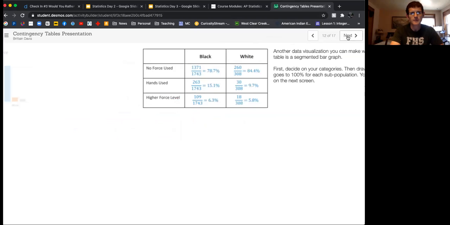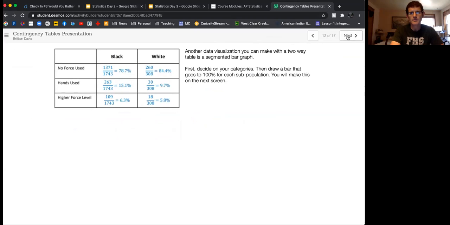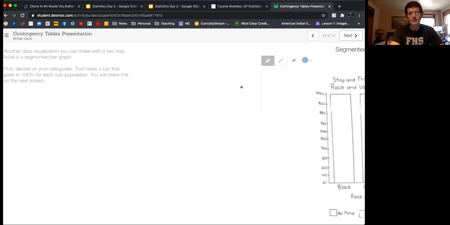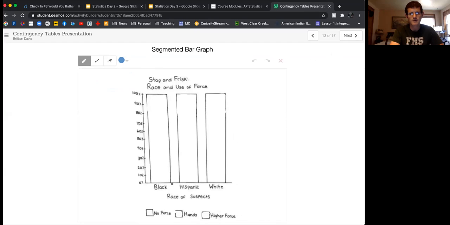All right, I want to go through some of the stuff. Okay, now we're going to be creating a segmented bar chart. I'm going to try and do this quickly just to make sure you know how to create it. You can see our breakdown by race. And on the next page, they've set up a template for doing the segmented bar chart. So I'm going to look real quick at